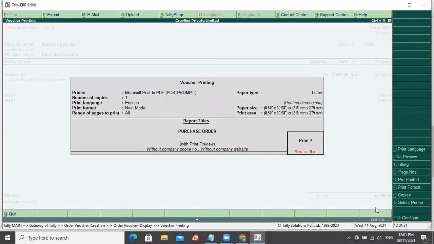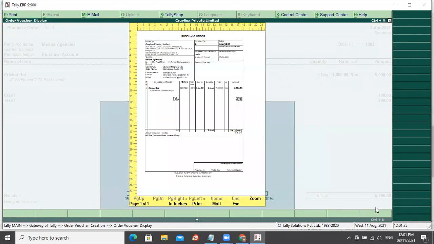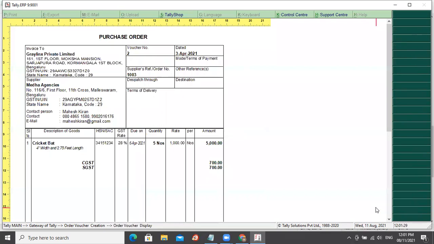Now if I look at my order print preview, look at here, it is showing order number 2, supplier number 100, supplier reference number 1003, then cricket bat 4-inch width and 2.75 feet length. HSN code it is showing, tax rate it is showing.